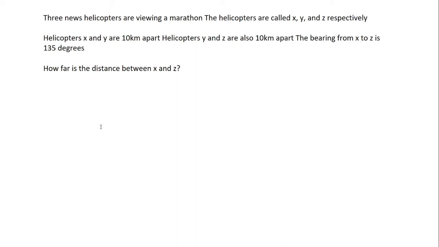So we have 3 new helicopters viewing a marathon. We have helicopters X, Y, and Z. So the first piece of information we're going to start with is the bearing from X to Z is 135 degrees. So if I start with X here,